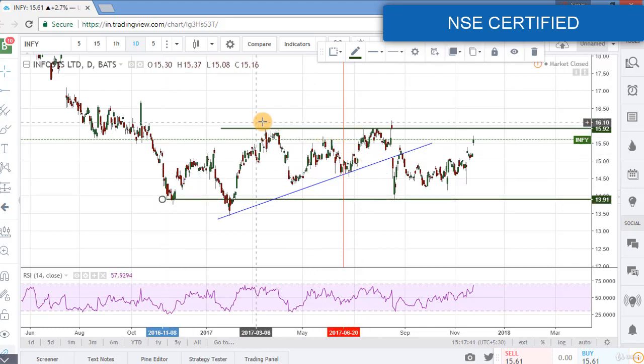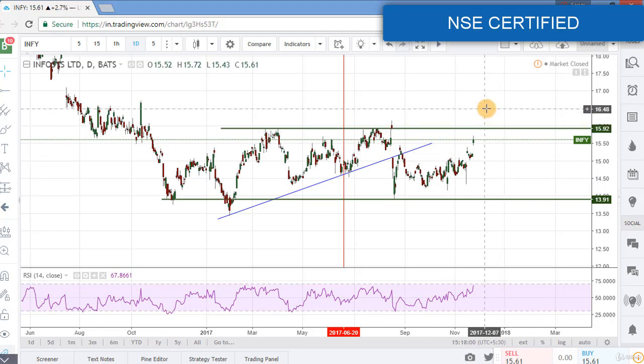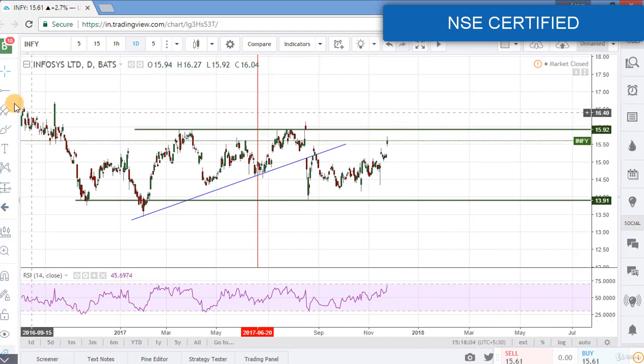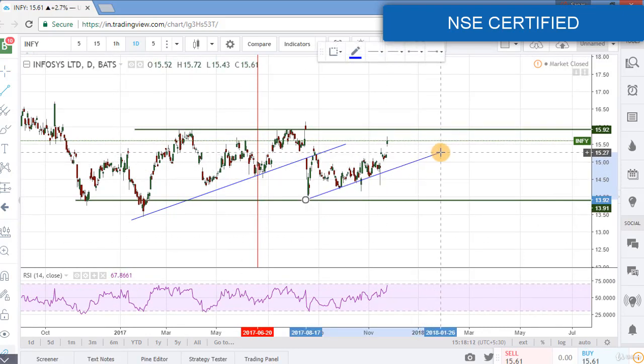The stock is moving in these two lines. This is the upper line, resistance line, and this is the support line. The stock is moving in a range. This was the short-term uptrend. Now, after touching this resistance line, the stock is touching the support line and it is going in an uptrend and near its resistance line. We draw the short-term trend line. We can see the stock is in short-term uptrend.